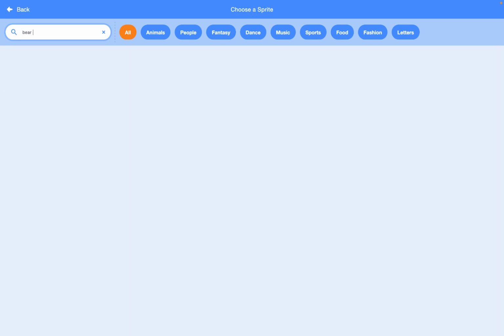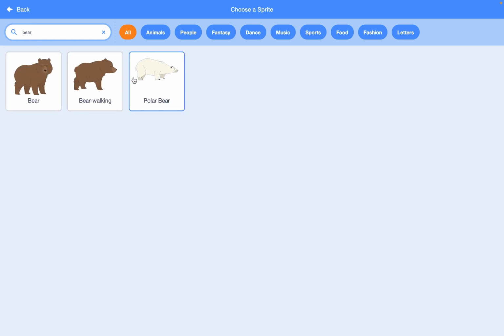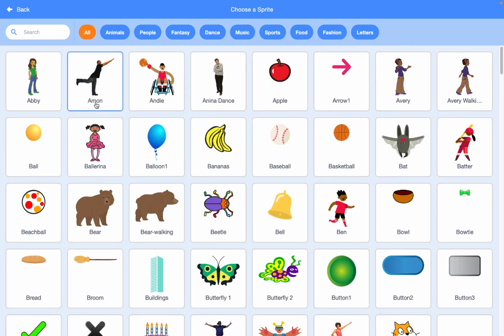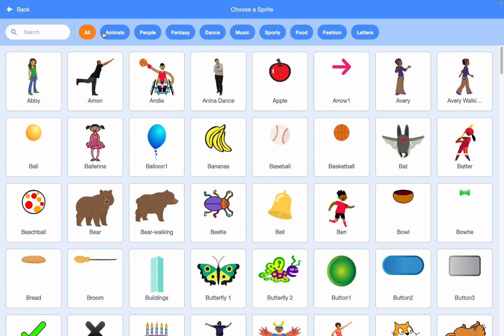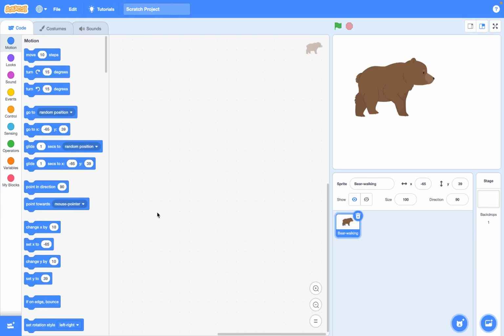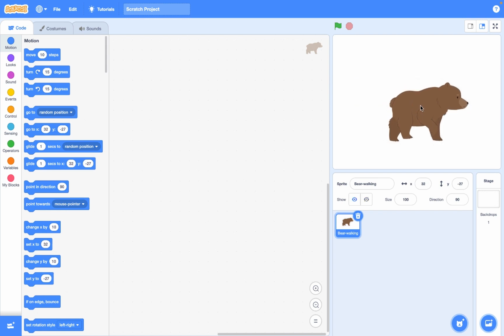sprite called bear walking. Okay, so I will just have a bear, and you can see that as you select a sprite, it is then shown to you the actions that it's going to do. So for instance, if I select this one, let's say Amon, you see Amon only has one movement, and Andy has multiple movements, Anina has multiple movements. So depending on which sprite you select, it may have one or many costumes that will give you the impression that it's actually moving. So I want to select bear walking, and the bear will be brought to my screen,